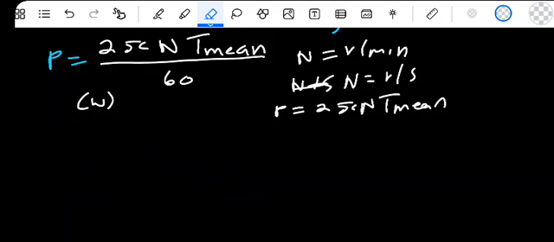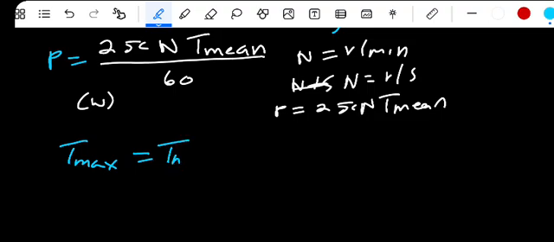You're supposed to know the maximum torque in shafts. The maximum torque transmitted by the shaft, T max, is equal to T mean into 1 plus percentage overload